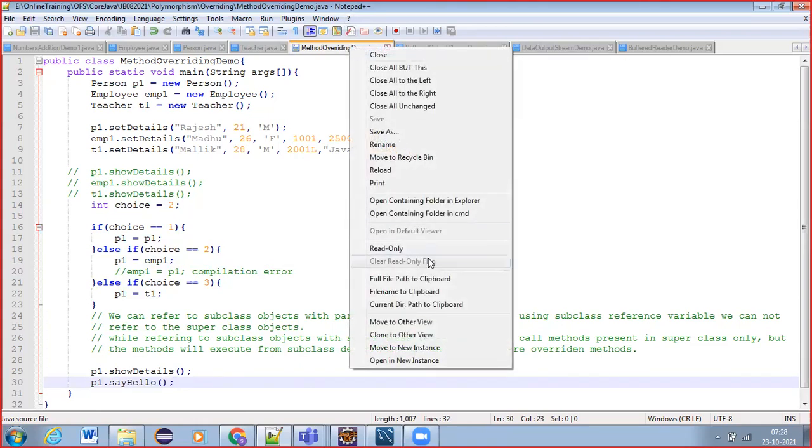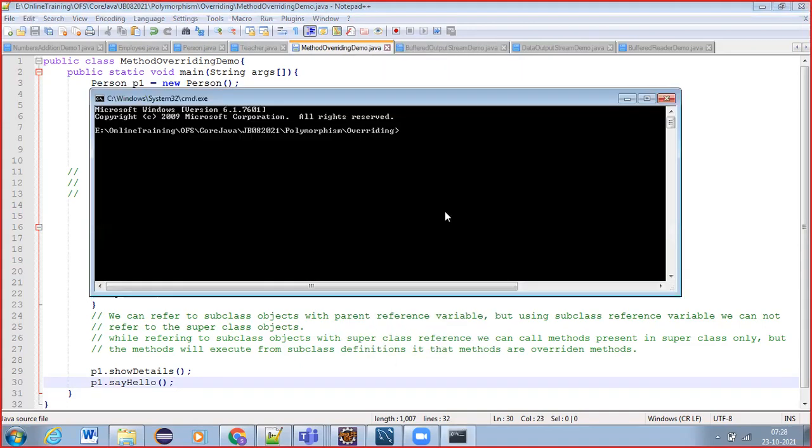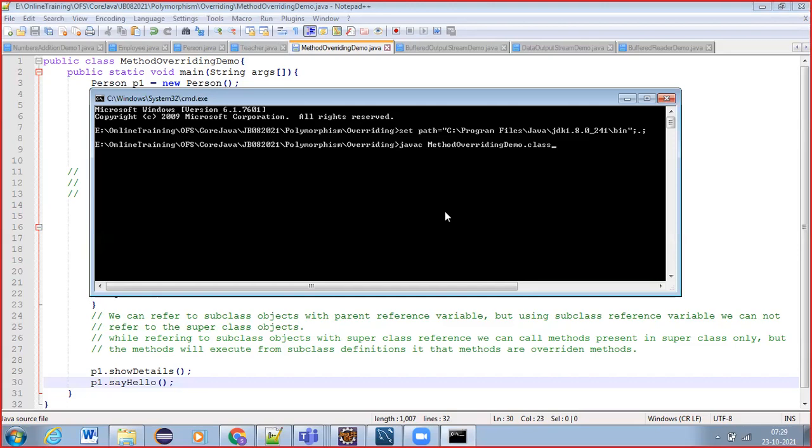Let me open the command prompt from here. Set the path to C colon program files Java JDK bin. Now javac method overriding demo.java.